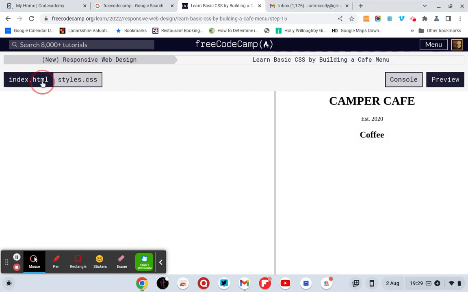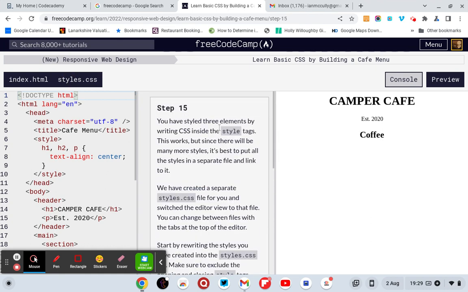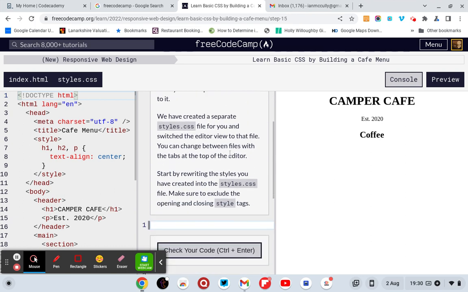Now I think the last time we were in index and then we went to style. Now you have styled three elements by writing CSS inside the style tags. This works, but since there will be many more styles, it's best to put all styles in a separate file and link to it. You have created a separate